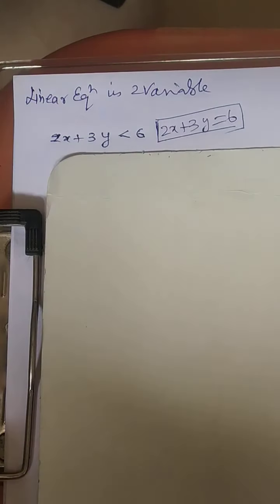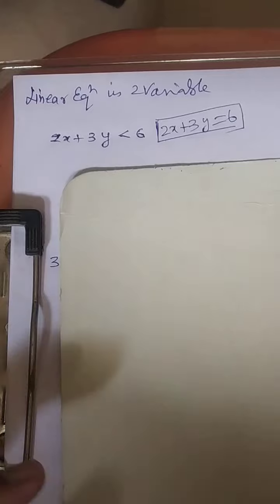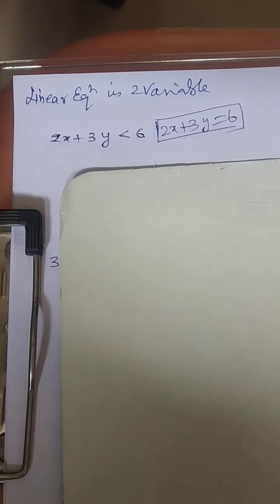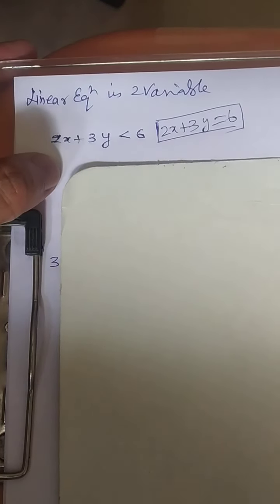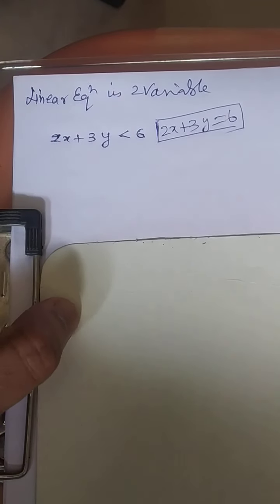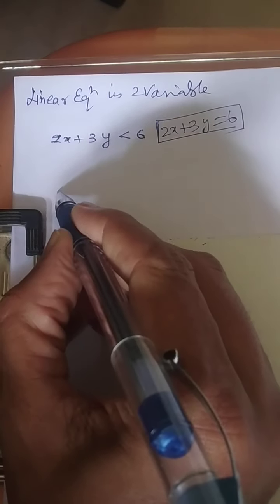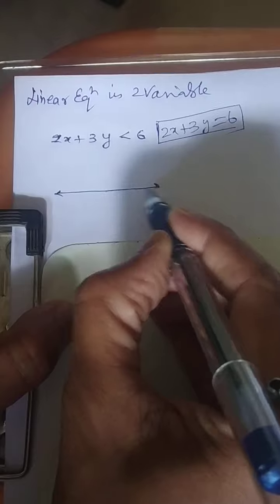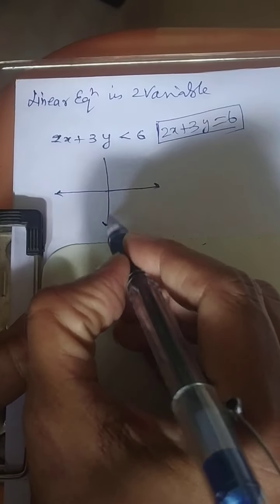First step of the question: for any question asked in this form, always write it in equal-to form, whether it is less than, greater than, equal to, or none. Then you know how to plot the graph for this one. Just quickly plot the graph. Okay, ready with the graph. Use that two-point form method, taking two points, and get a graph.